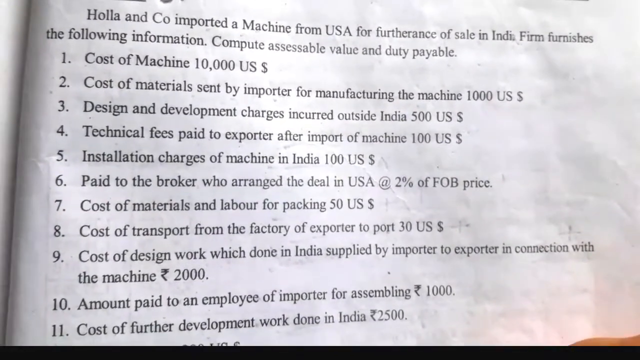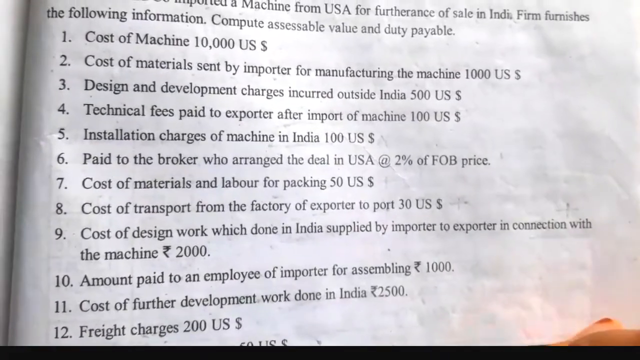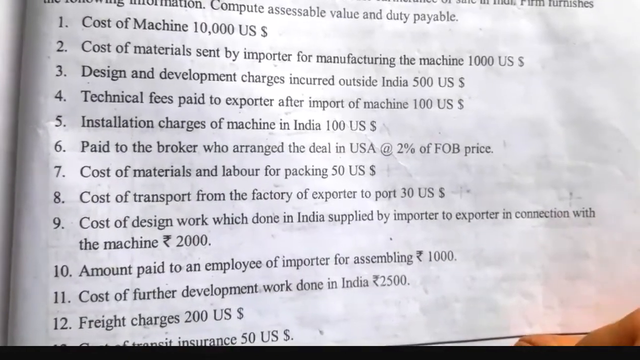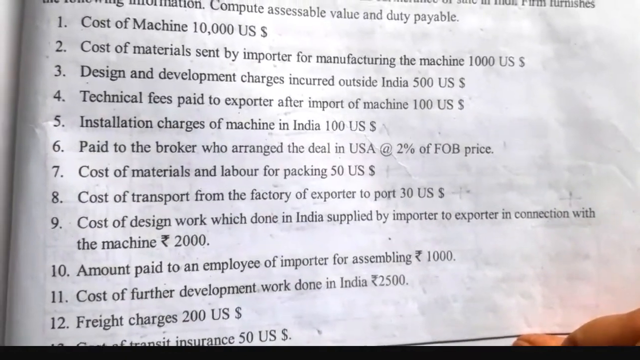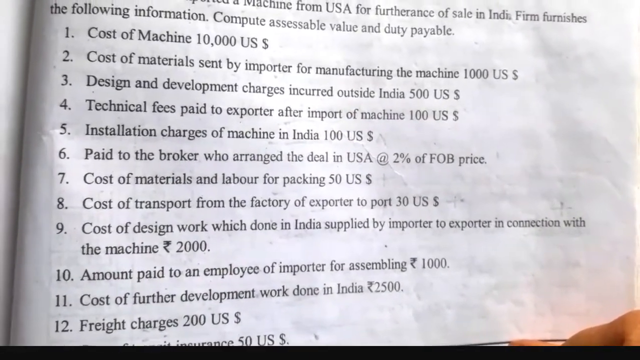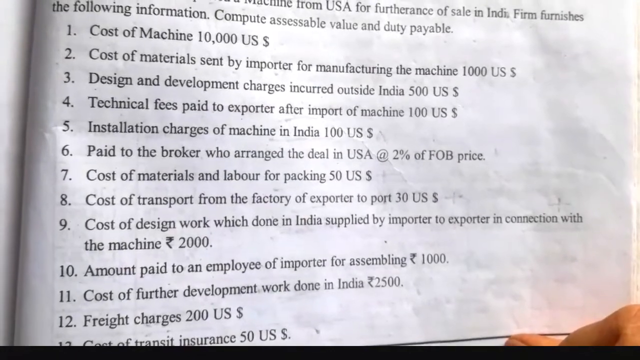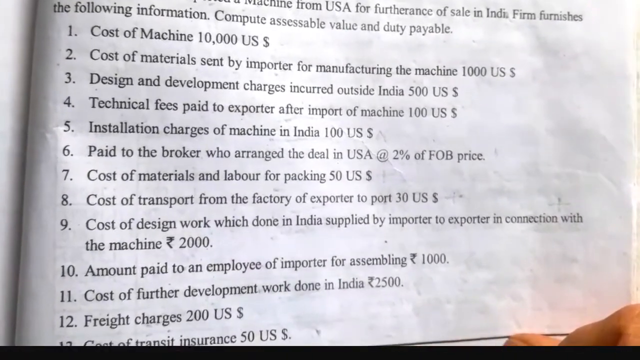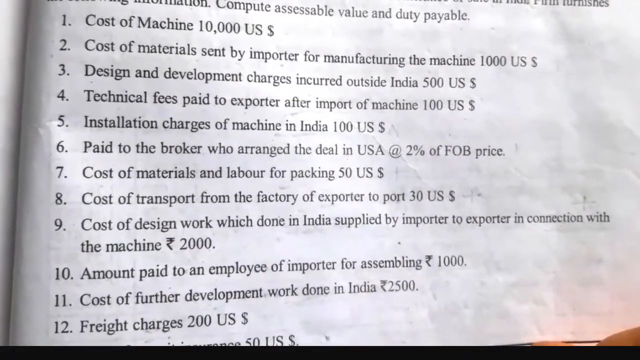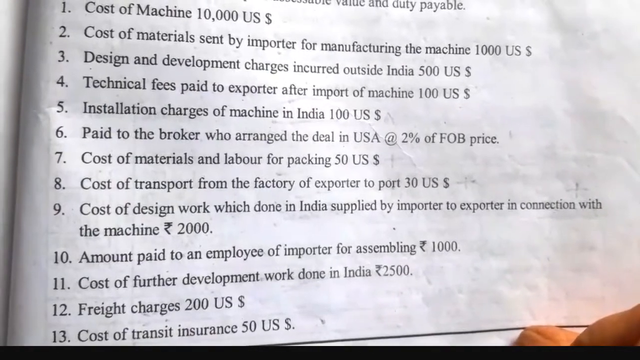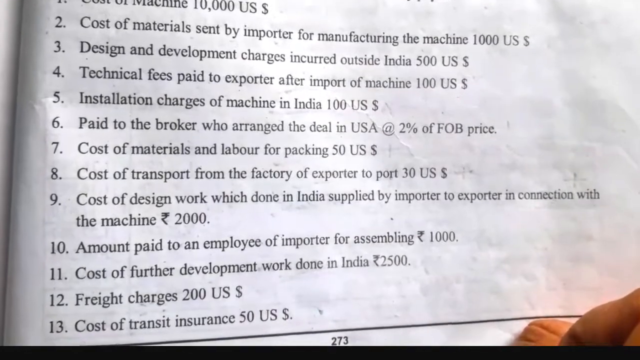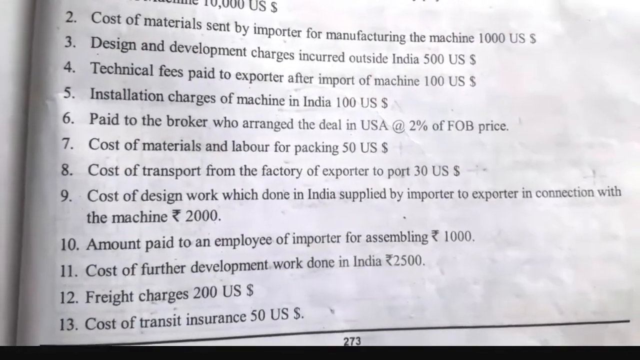Under that, cost of machine $10,000, cost of material supplied by importer for manufacturing the machine $1,000, design and development charges incurred outside India $500, technical fees paid to exporter after import of machine $100, installation charges of machine in India $100, paid to the broker who arranged the deal in USA at 2% of FOB price, cost of materials and labor for packing $50, cost of transport from the factory of exporter to the port $30,